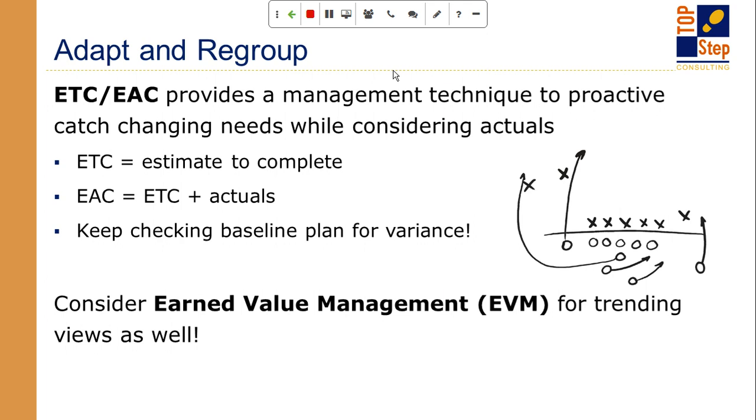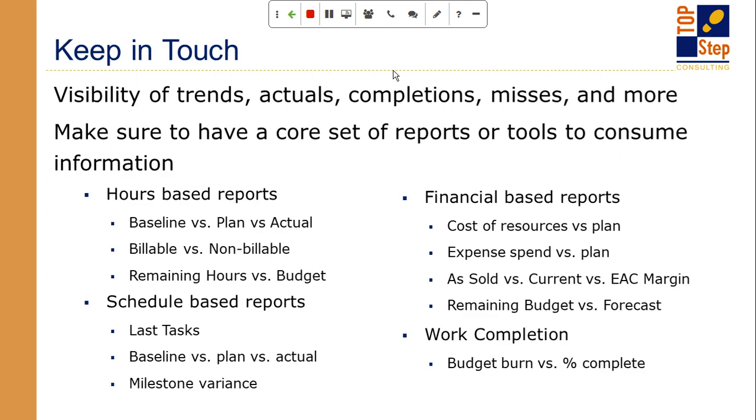Okay. So I thought what I would do is talk about how you have to keep in touch, how you have to have a sentry out in the field that's making sure they understand what's being delivered, what's not being delivered, where are we at from work completion, where are we at from deliverables and target dates. And so I always think of project delivery as 4 basic components of measures.